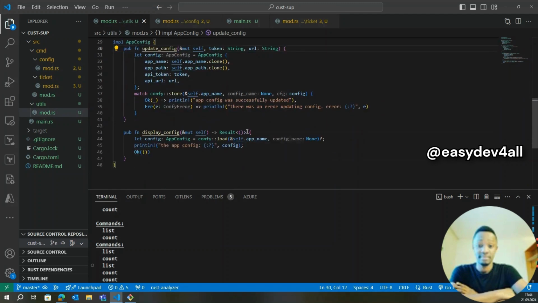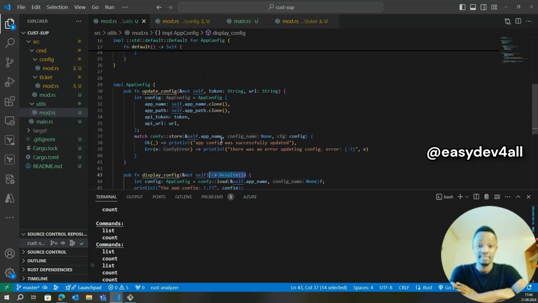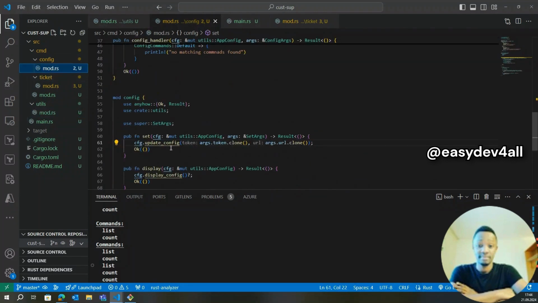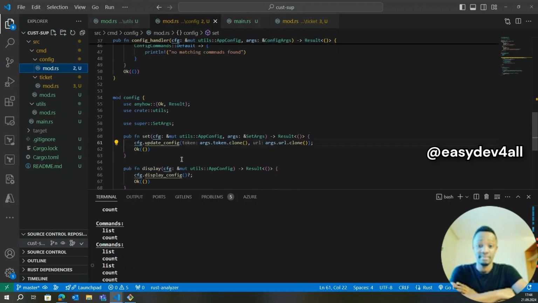And again, I'm just going to make it similar to this. Let me see. No, that's totally fine. There's no need to make any further changes in here. So what we're doing here now is